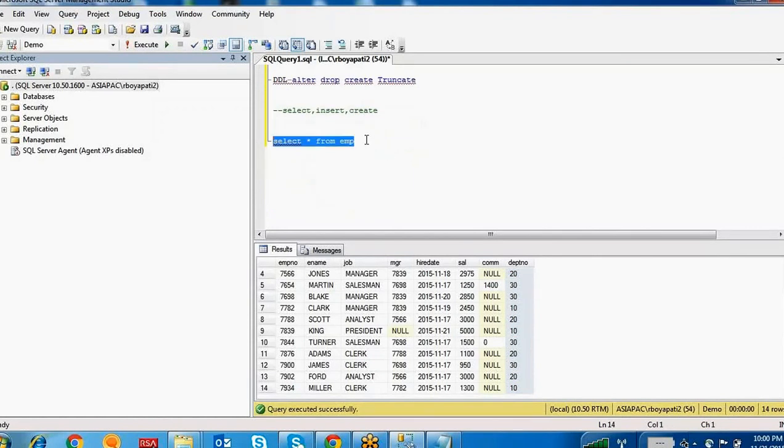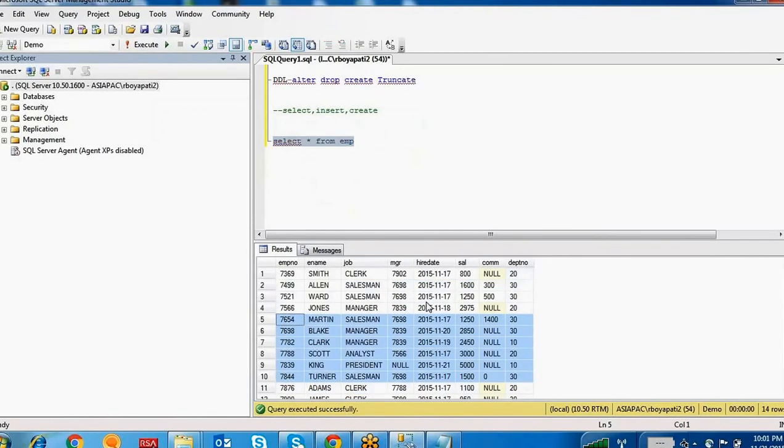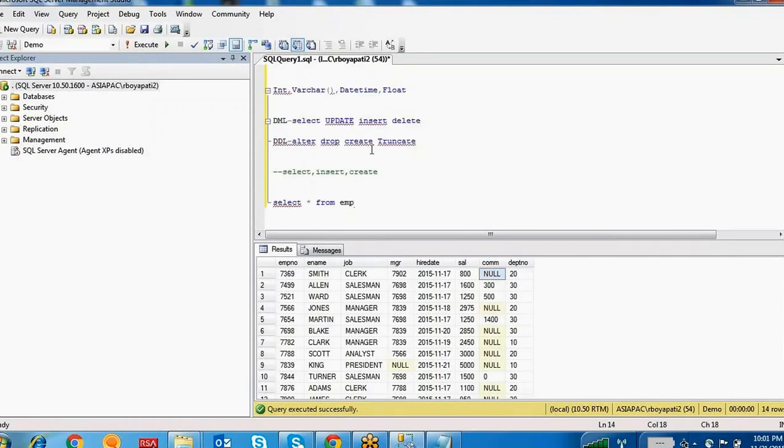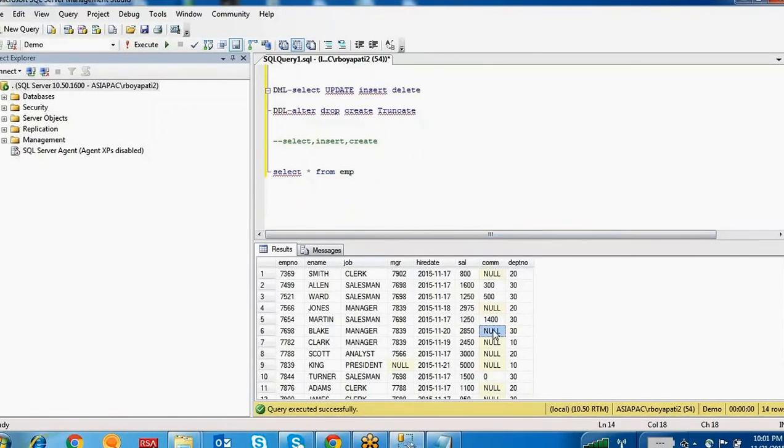We have this employee table, and we have inserted all this data into it. If you are not inserting any data in a table, then it will show as a null value, right? For example, here it is a null value.